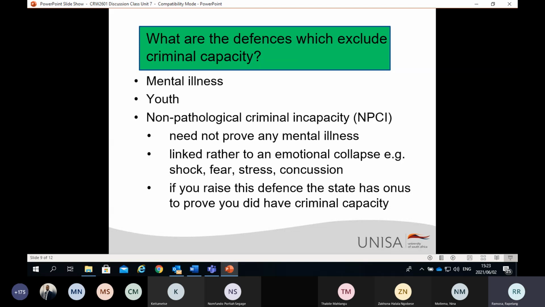Just to also indicate something that I did not emphasize a lot, but is covered at page 101. It is that the assessment of culpability is subjective, whereas the assessment of unlawfulness is objective. This is very important. These two concepts are important for you to remember, that when we look at unlawfulness, when we look at whether X acted in private defense or X acted in necessity or X acted in consent,